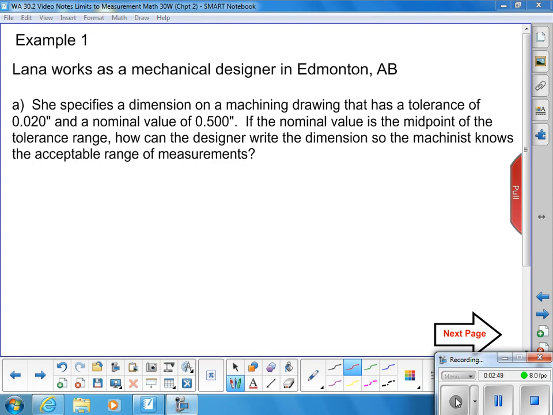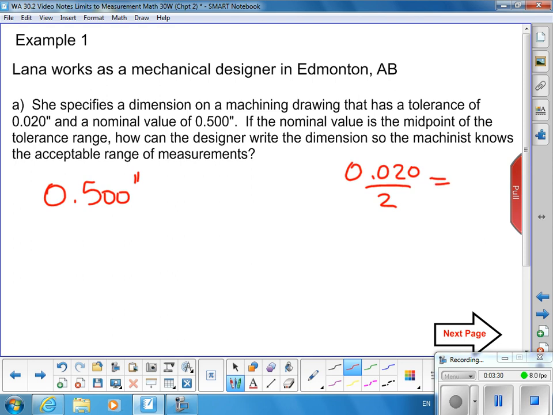Lana works as a mechanical designer in Edmonton, Alberta. She specifies the dimensions on a machining drawing that has a tolerance of 0.02 of an inch and a nominal value of 0.5 of an inch. If the nominal value is the midpoint of the tolerance range, how can the designer write the dimensions so the machinist knows the acceptable range? So the nominal value is what is going to be the target measurement, and then the tolerance between the high and the low range is going to be 0.02. So we need to take that and divide it by 2